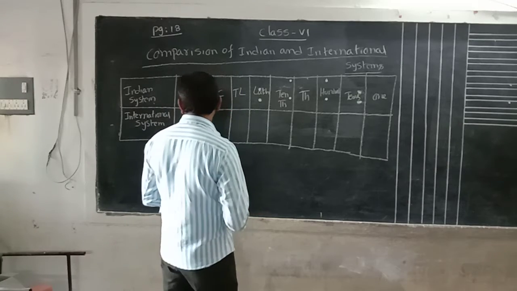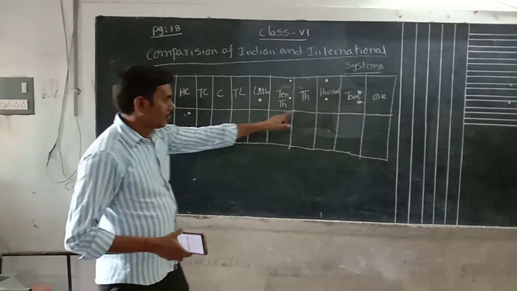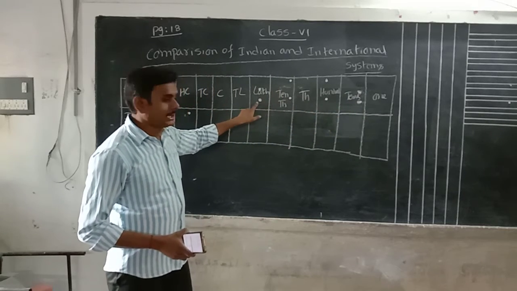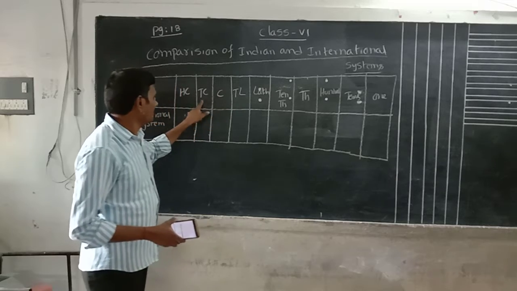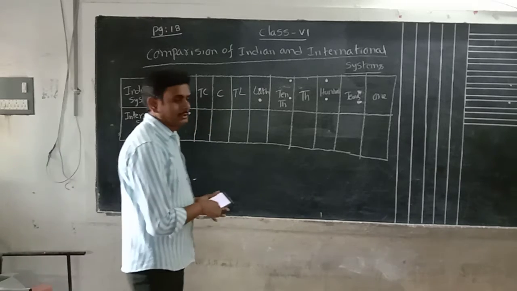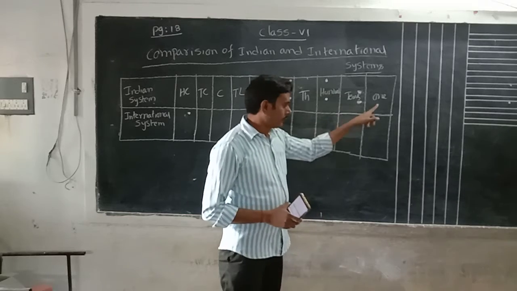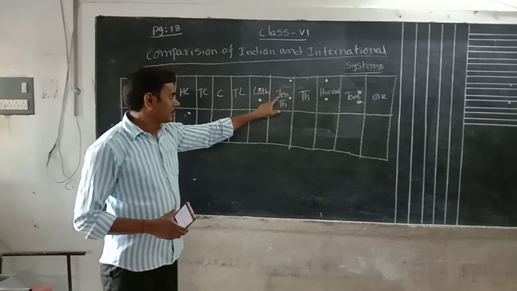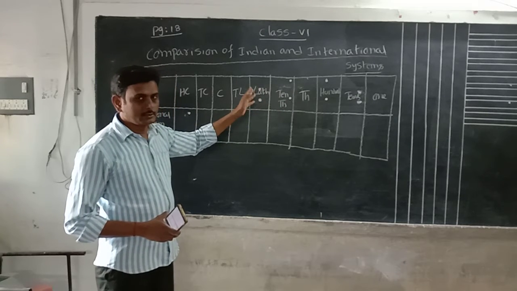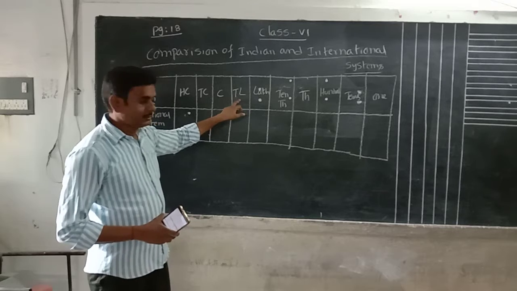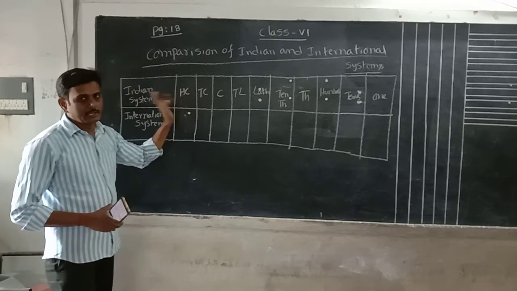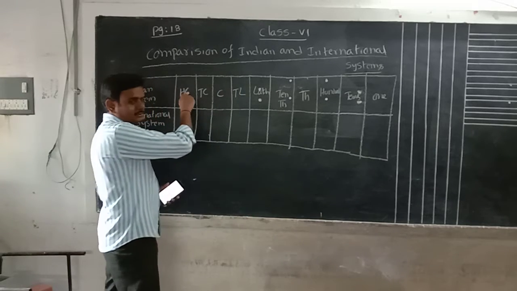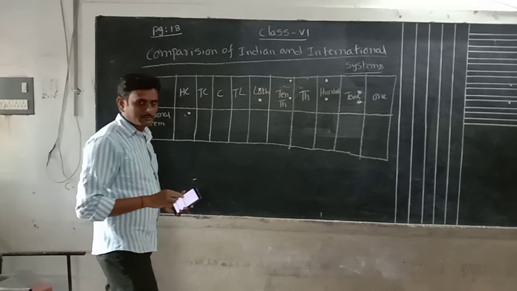What are the groups available in our Indian system? Ones, tens, hundred, thousand, 10,000, lakh, 10 lakh, crore, 10 crore, 100 crore. Now we will write down the place values. Ones, tens, hundred, thousand, 10,000. After thousand we get 10,000, then lakh, 10 lakh, crore, 10 crore, 100 crore. Only this we have to memorize. In crores, only up to 100 crore.